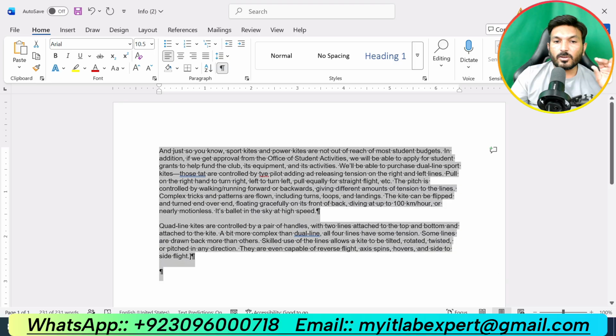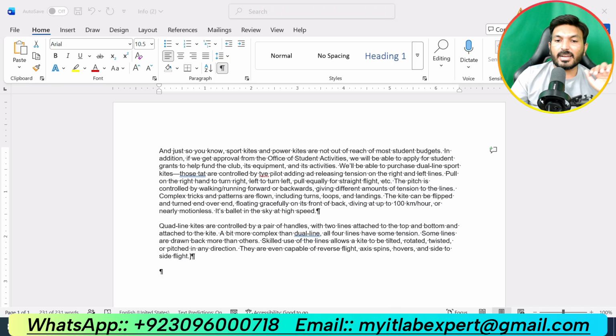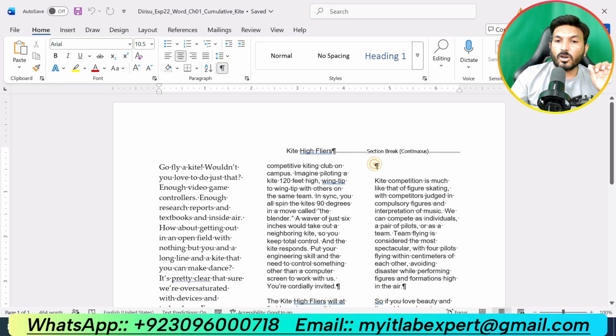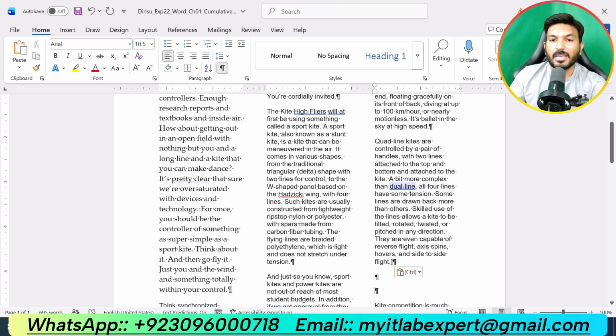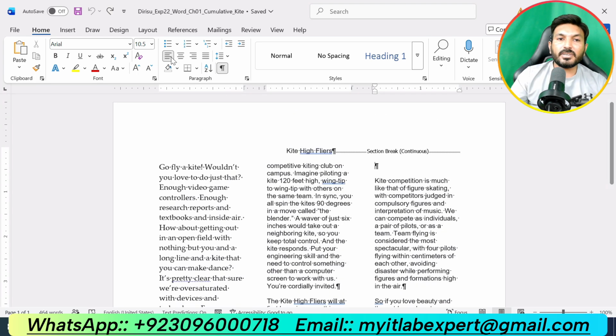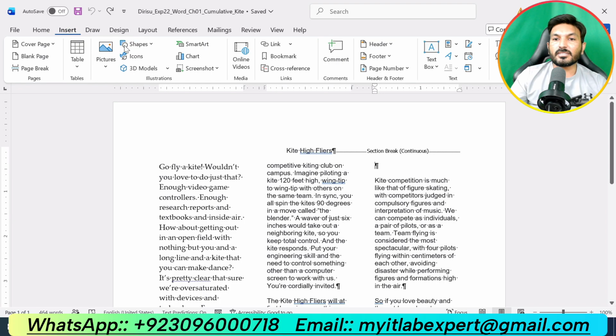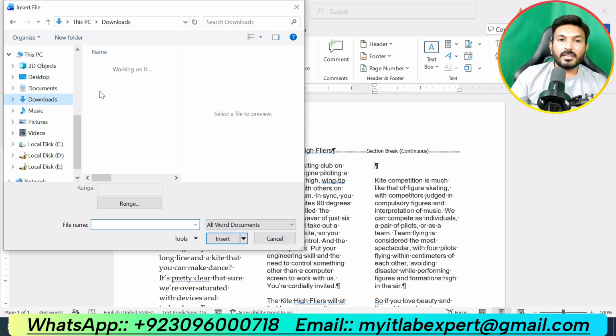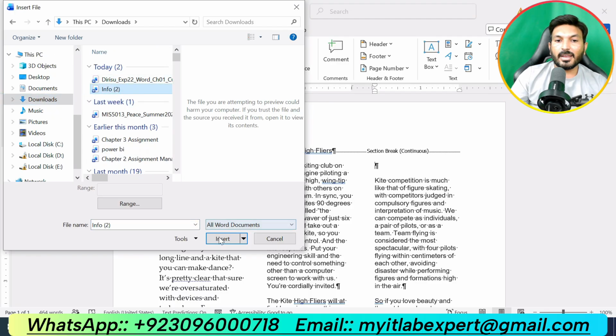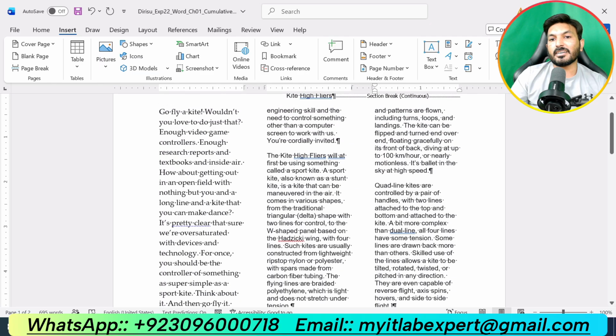So either you can open and copy this text and paste it at the top of the page in the last paragraph here. Otherwise, click on the Insert tab, go to the Text option, click Text from File, then select the file, that is the info docs, and click Insert. So we have inserted the text.